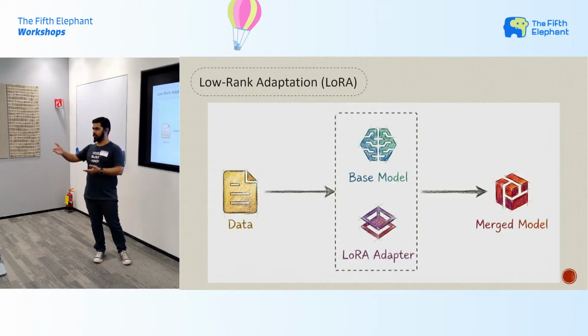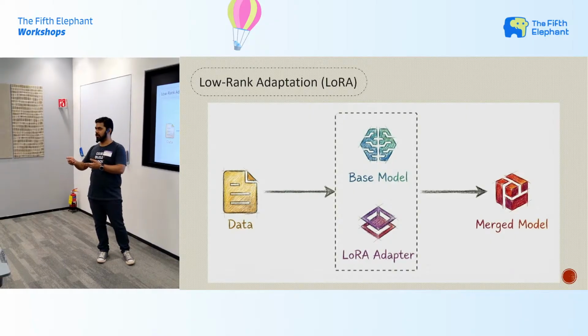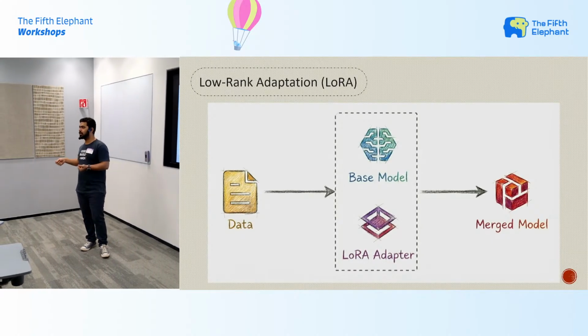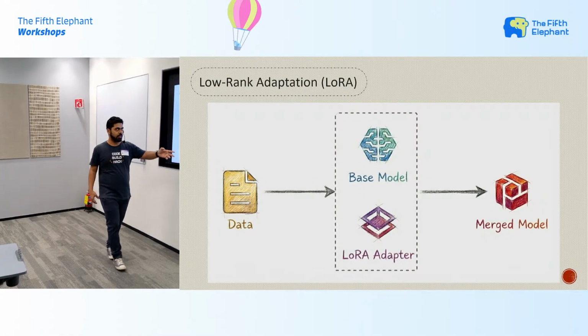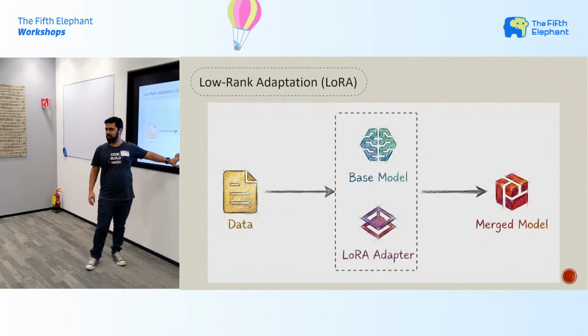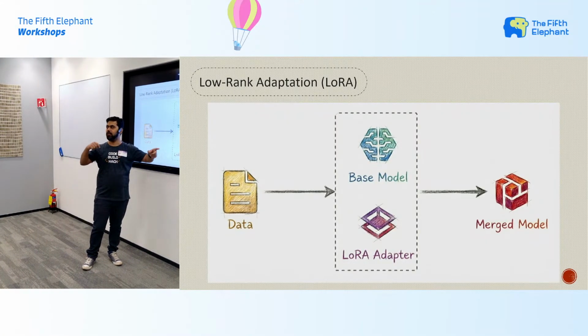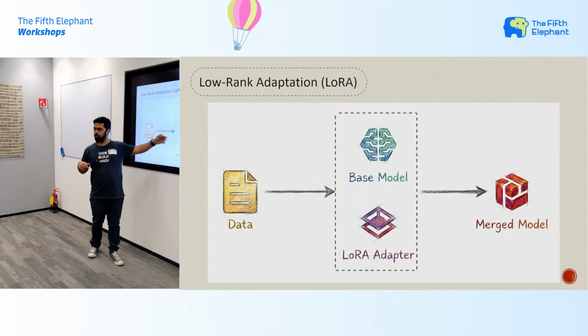Let's say you are a content publisher, and you want to write an email post for your subscribers, and you also want to do it on LinkedIn, Twitter, etc. So you can just swap the adapters at runtime. Otherwise, the conventional way is you give the base model, this model would be merged in memory, and then you get the inference. Next time you want to do it again, you can recreate the model artifact by giving your base